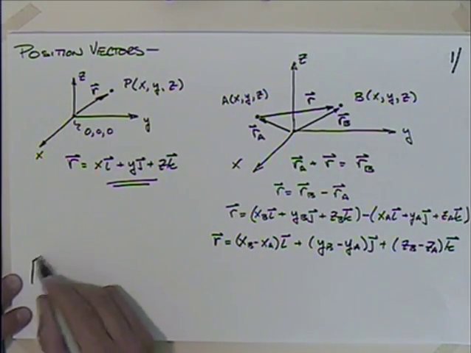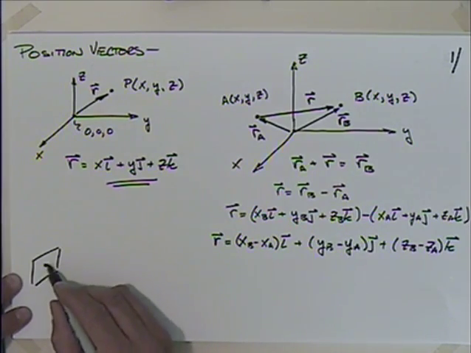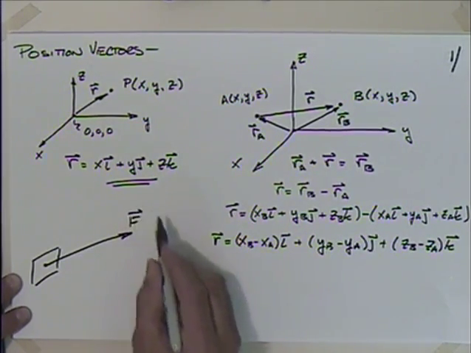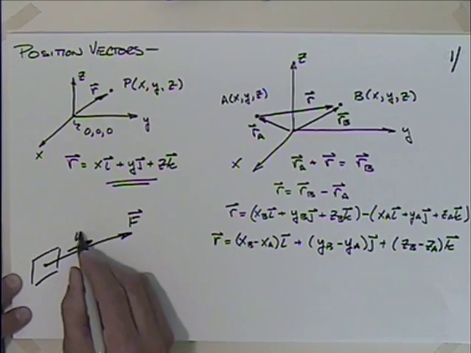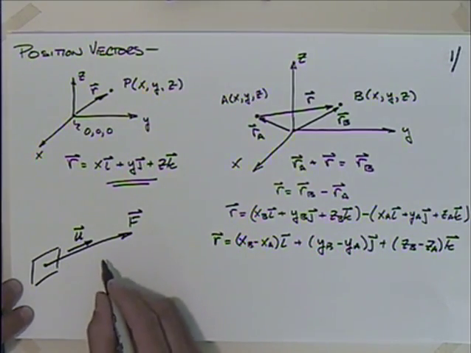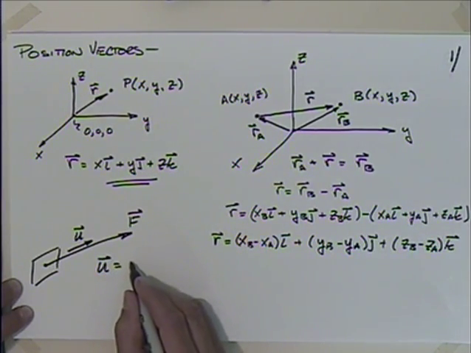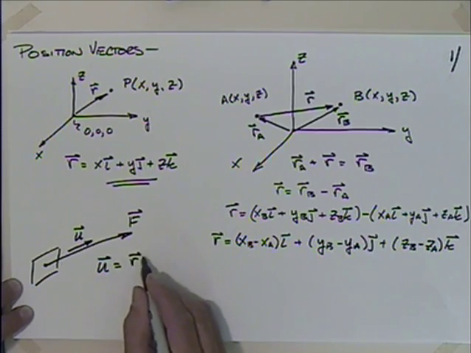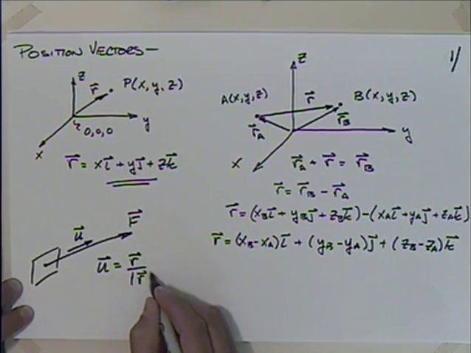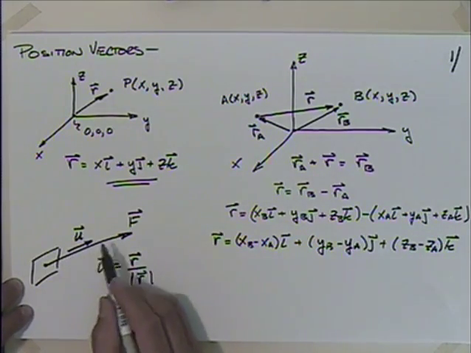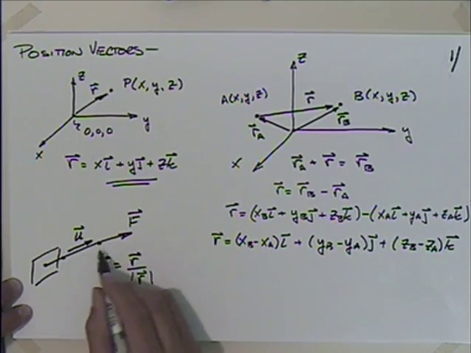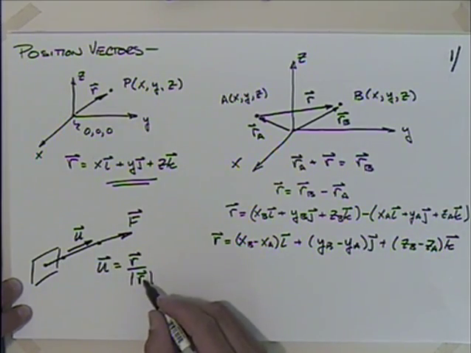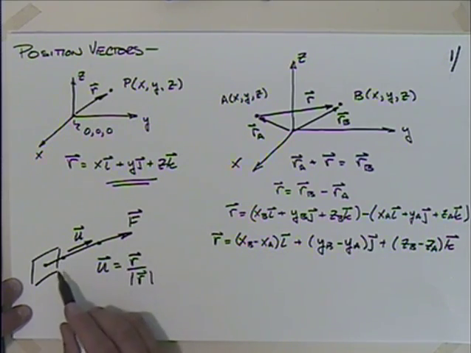So let's say that we have something here, and we've applied some force to this, and I have some position vector, or maybe for now I'll talk about a unit vector in some direction. I can use this unit vector, which is really equal to the position vector divided by the magnitude of the position vector. So this unit vector simply gives direction. So if you could come along and you could find a position vector that maybe goes from there to there, defining that position vector and dividing by the magnitude of that position vector, you get this direction then that will